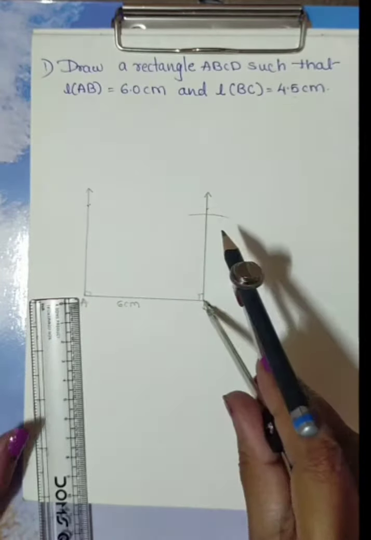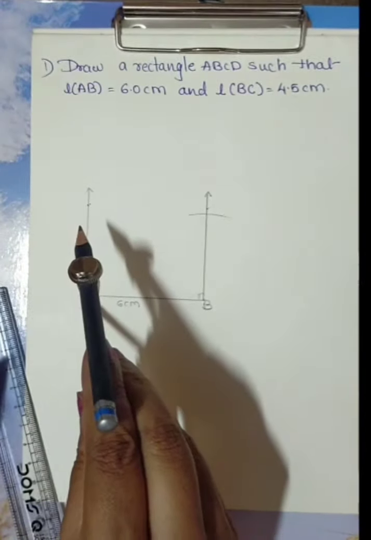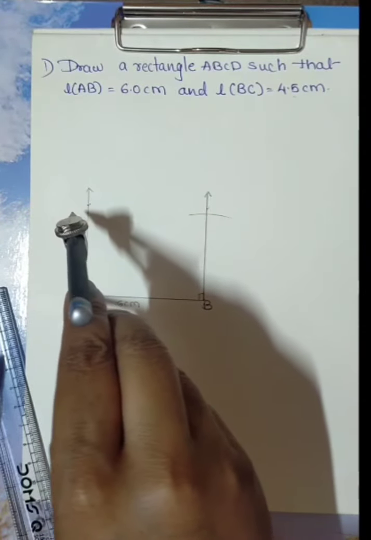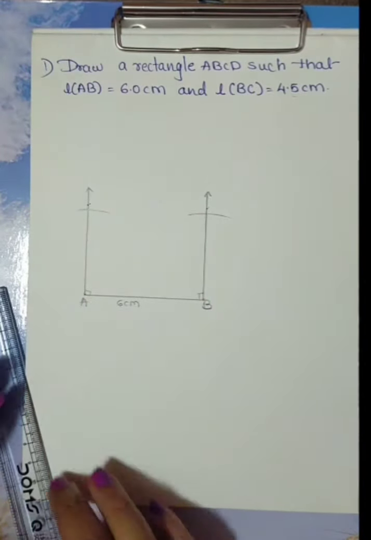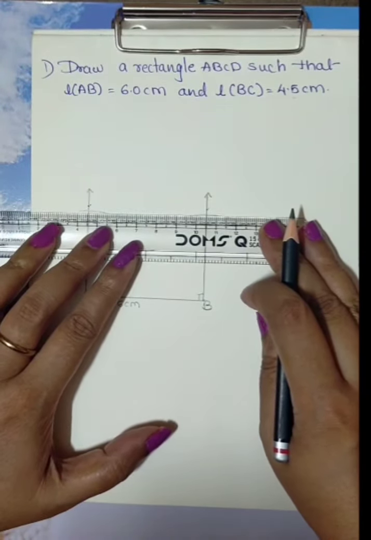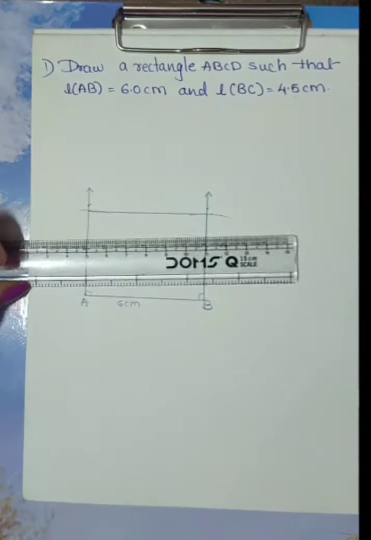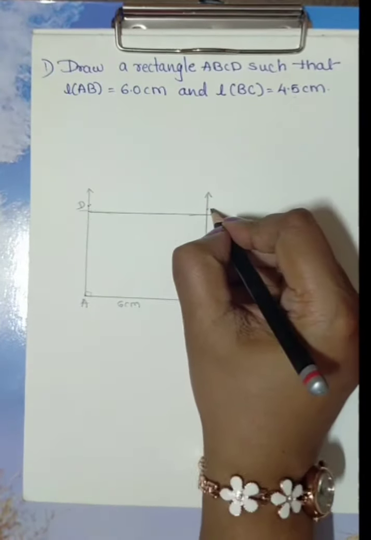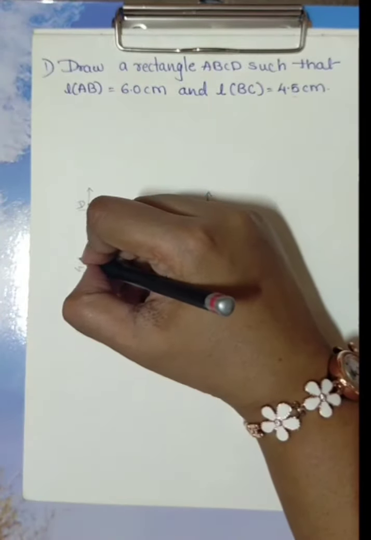from compass. Okay, so as you know, it is rectangle and rectangle have equal opposite sides. So here also I am going to draw 4.5 centimeter. Then now this both point we are going to join. Okay, this is D and this is C. Okay, now this one is 4.5 centimeter.